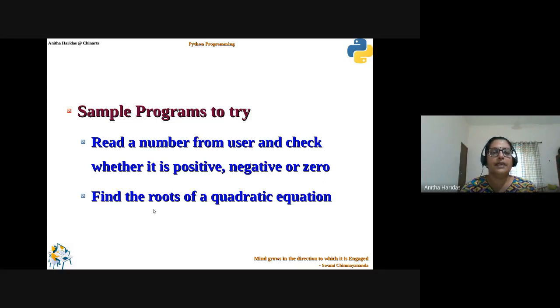Okay. And the second program is you have to find the roots of a quadratic equation. Obviously you can use if, elif, and else, right? I think in both the programs you can use if, elif, else, because you have multiple conditions to be checked. And after that you can display the result using the print function as well as the format function. Please remember, the result you are going to print using the format as well as the print function. So this is what you have to do as an assignment today.